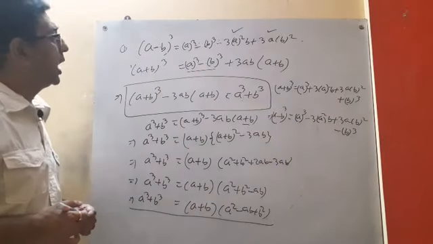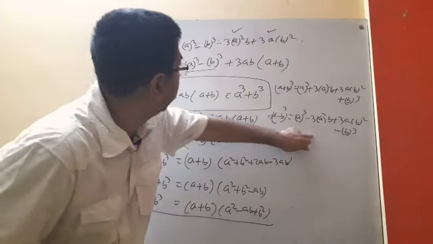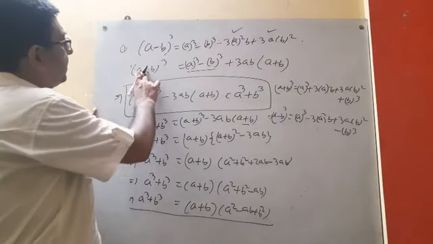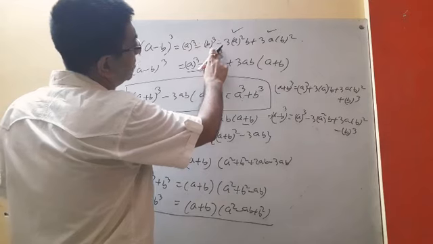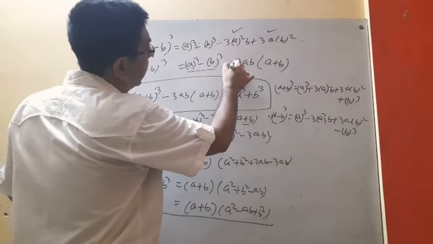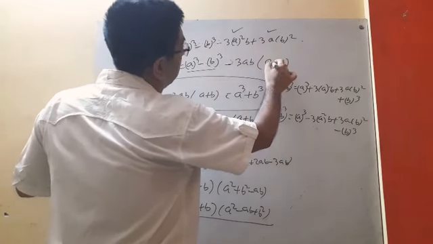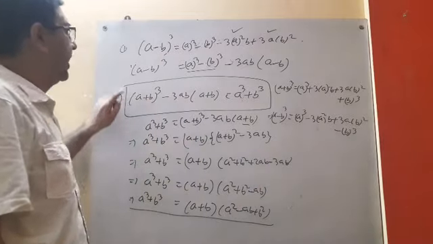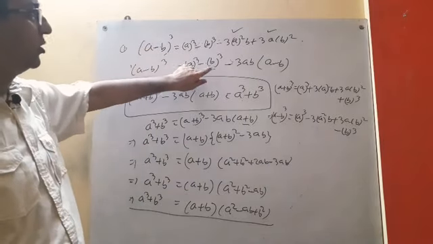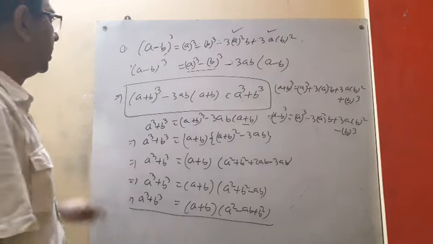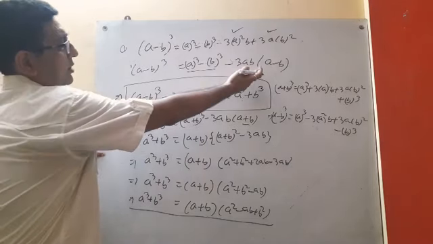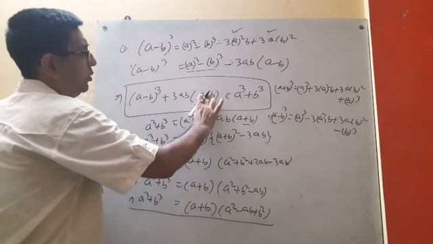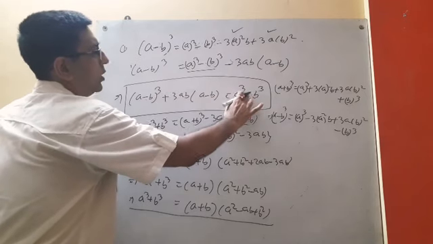Okay. Now, this can be written in this way. So a minus b whole cube equals a cube minus b cube. This is minus, this is plus. So we take common minus 3ab, and it is coming a minus b, right? A minus b whole cube equals a cube minus b cube minus 3ab into a minus b. So a minus b whole cube, and this thing will come here, plus 3ab into a minus b equals a cube minus b cube.